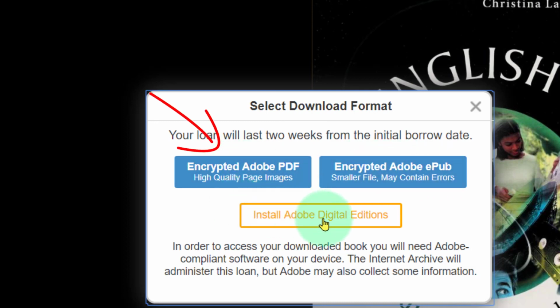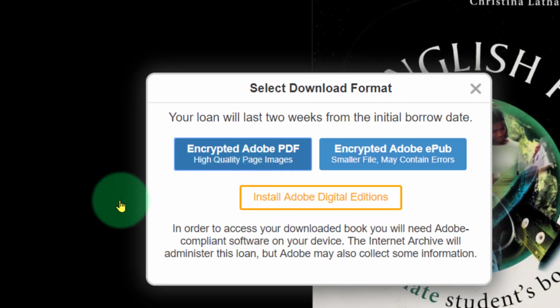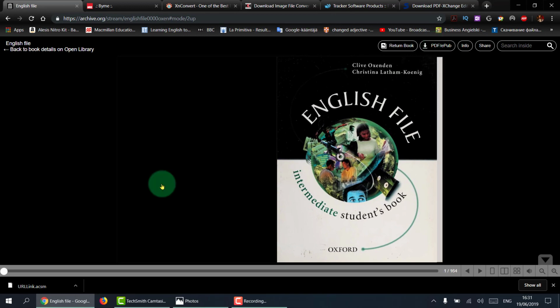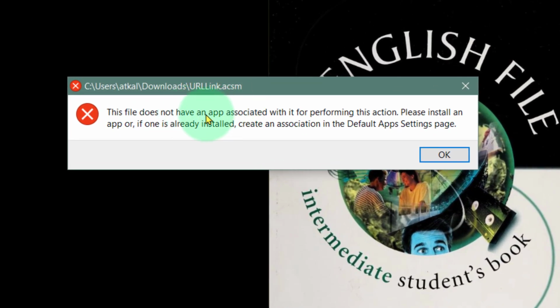Now, in order to do this, you will have to install Adobe Editions. So we will accept that, and you get a small link down here. This link. But what we're going to do is, in order to open with this link, if I double click on it, it said there is no app associated with it. So we need to install